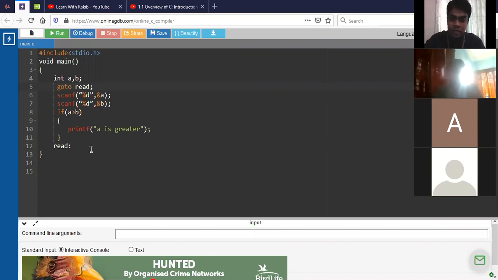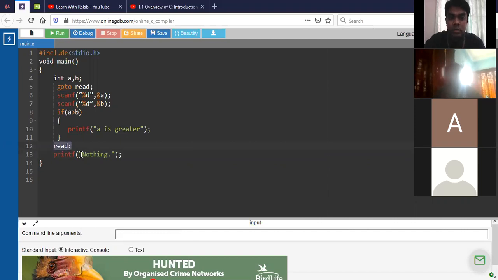And here I am writing another line, printf, inside the printf, nothing. Okay. Will there be a semicolon after read, sir? Yes, after this read.